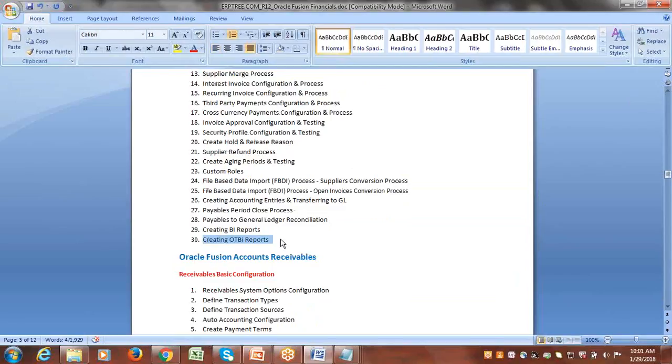Is the OTBI option only applicable for Fusion application, or can it be extended to third-party applications? See, when you say OTBI, it's all about just fetching the data to view as a report or analysis. Only in Oracle applications. Yeah, if you want to send that BI data or OTBI data, yes, you can save that file in CSV format and you can send it to another application also. That is also possible in Fusion.